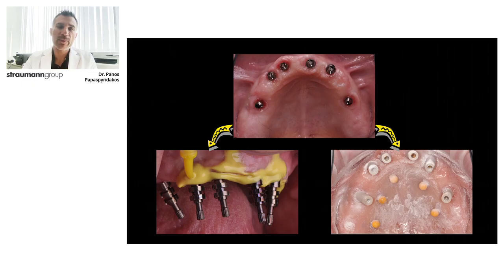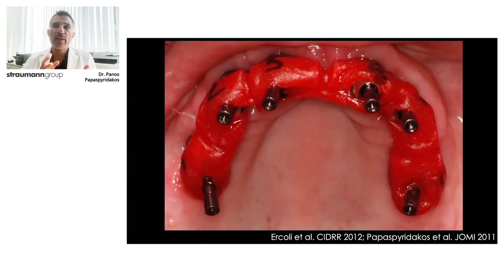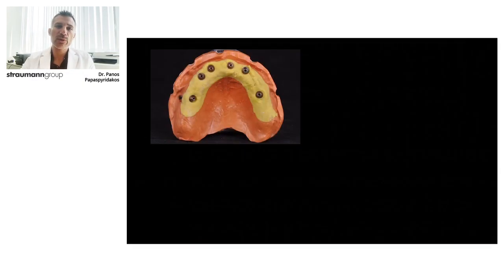Now, for the definitive rehabilitation of the patient, we used the stone casts generated from the conventional impression group. So the conventional impressions were poured and stone master casts were created. We did the verification jig for each and every one of those 16 patients. It is very clear in the literature that you need to verify your stone master cast. So all the stone casts were successfully verified. All 16 of those were accurate with the open tray splinting technique, and they were used in the final phase